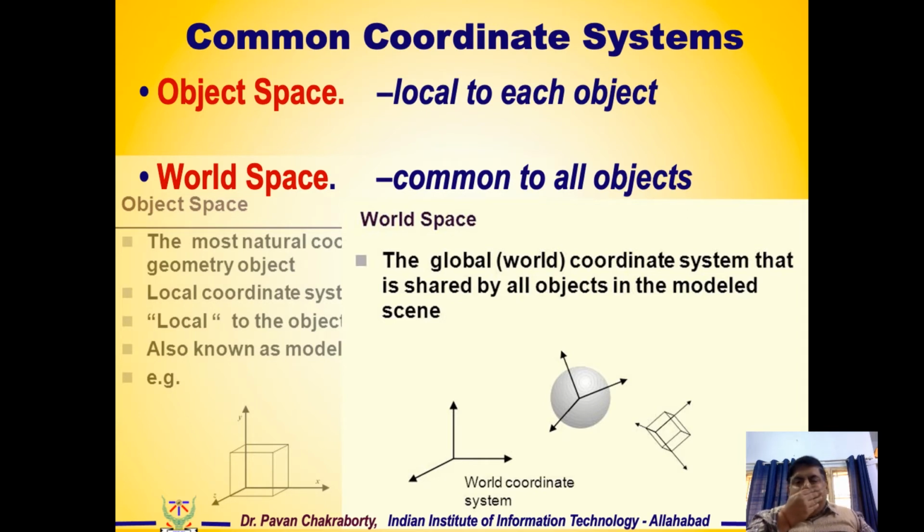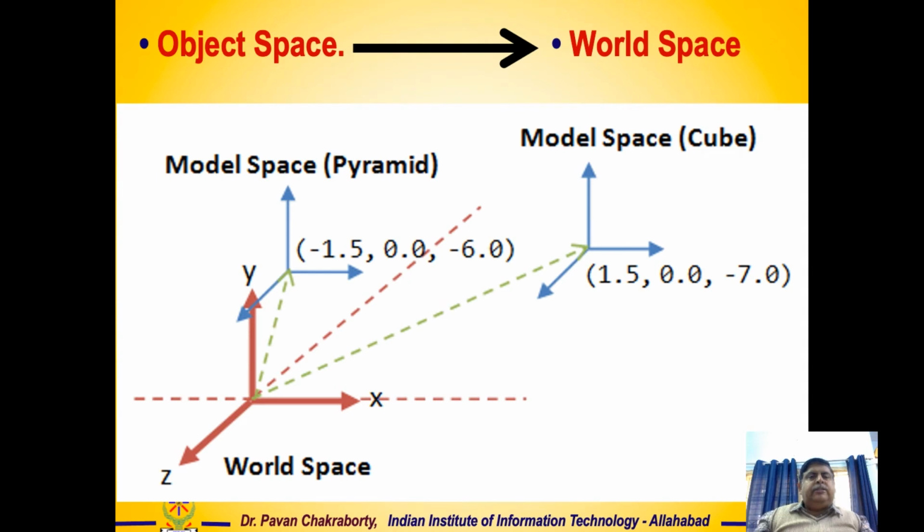So there are transformations where I can move one frame of reference into the other frame of reference using a series of transformations. We will learn how to make these transformations. So what we do is move from object to world space. Once you have moved to world space,